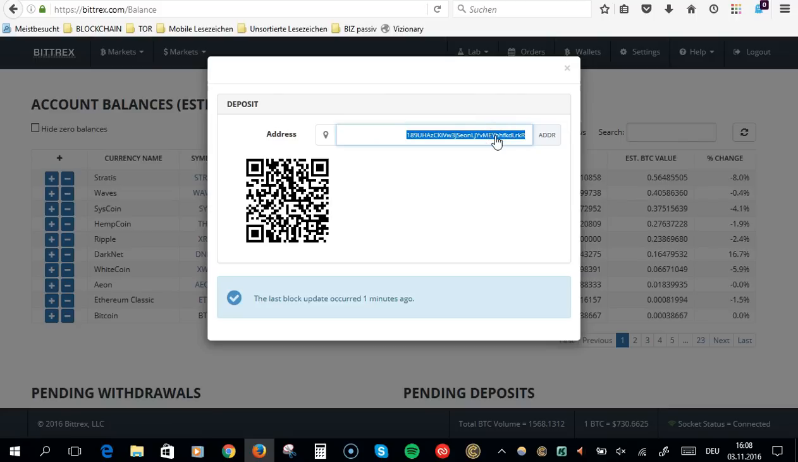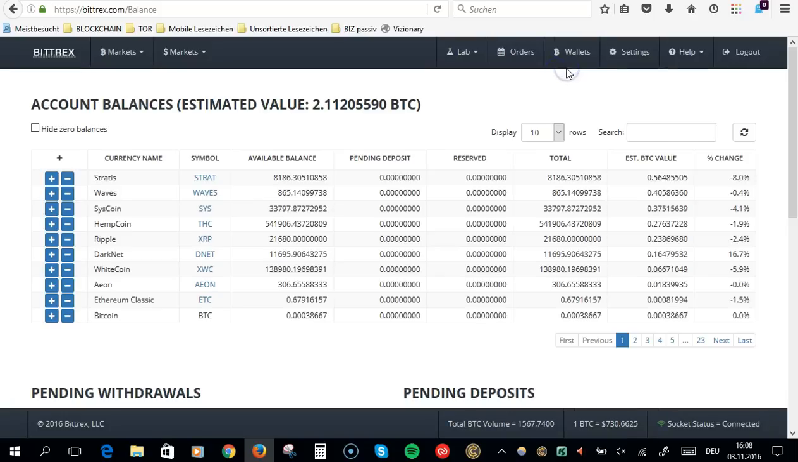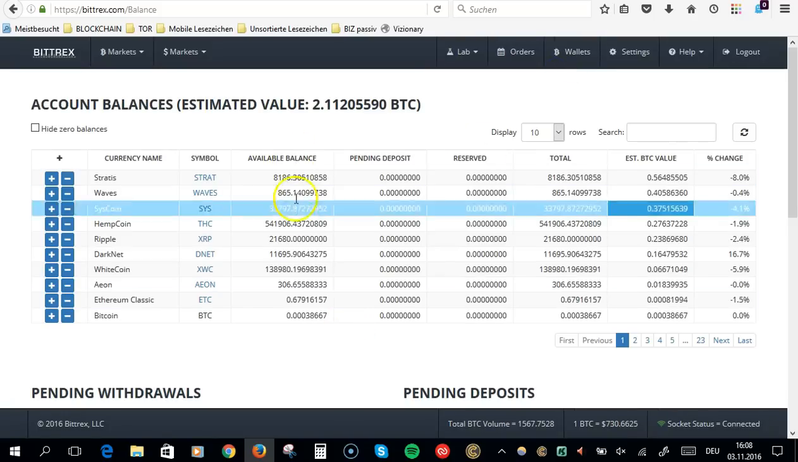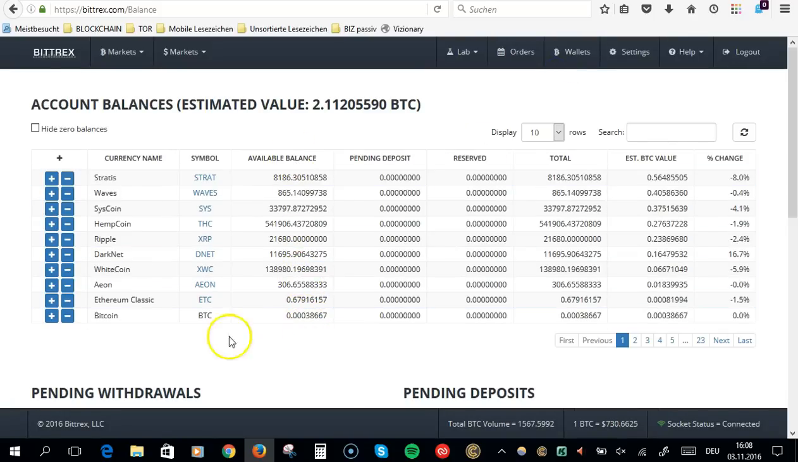Then you go to your Coinbase account or your wallet where you have stored your Bitcoin, and you just take this and send the Bitcoin to the wallet of your Bittrex account. Once that's done, it will show up in your available balance. So right here you see